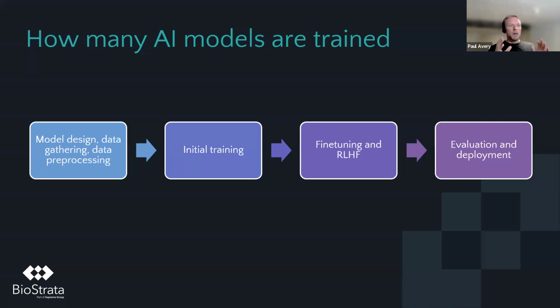What it comes down to is there's kind of a series of steps. The first thing when you're training an AI model is you think about how that model's going to work, and then you go and get a bunch of data. In the case of large language models like ChatGPT, it was all of the text on the internet and all of the text in publicly available books and probably a load of other stuff besides. Then you take all of that huge amount of data, gigabytes, probably more than that, and you put it into the model and you run through initial training.